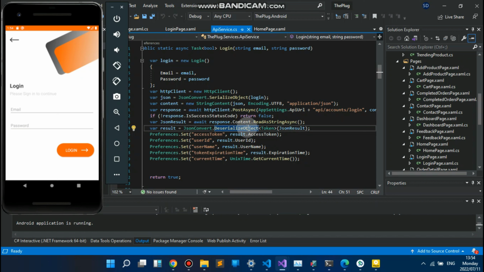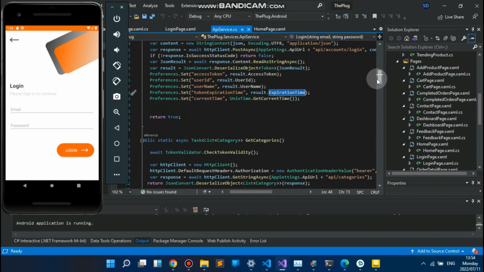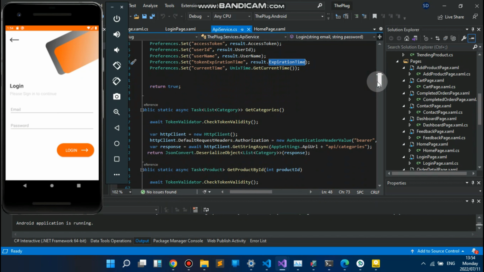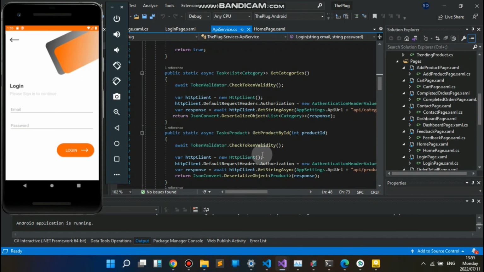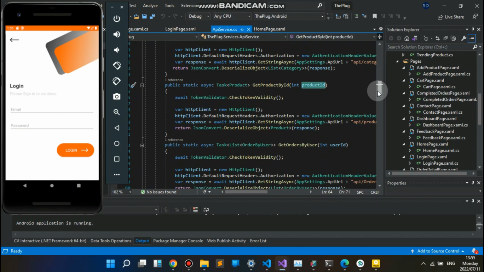Now when we deserialize, we get the token, we set our access token, and then afterwards we use the user ID, the username, and the token expiration time so that we can keep the token validated. But then after that, we get the list of categories, and then we get the products by ID, each product by ID. We're passing in the ID